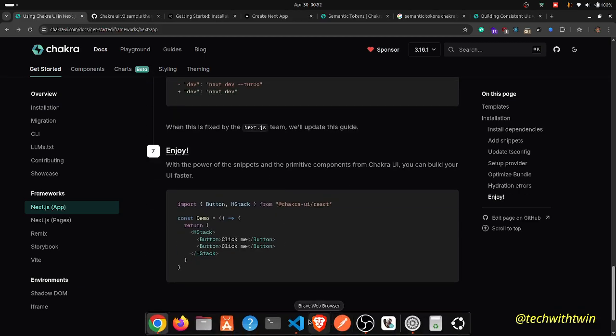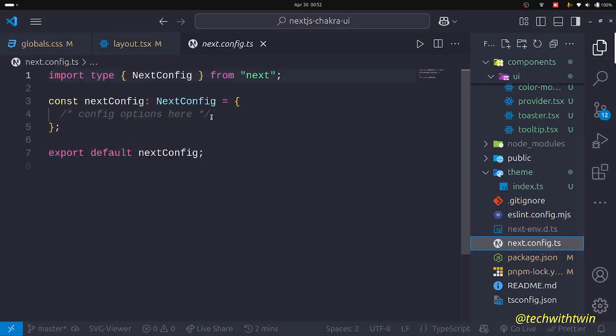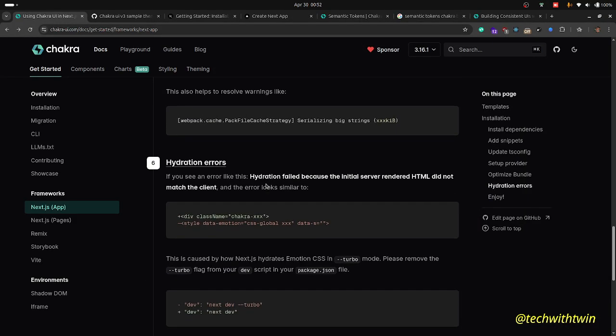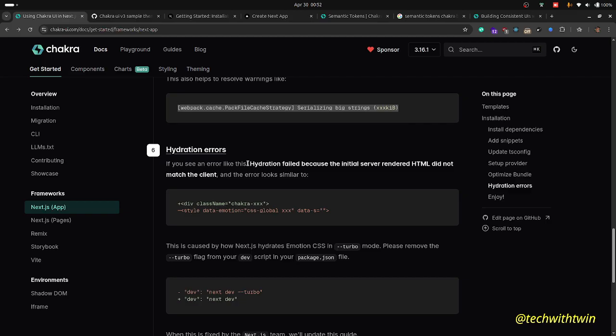Okay. Next config. Basically paste that there. So I'm just following the docs. And then we are here. So this one helps remove this error. And then if you see hydration warnings,